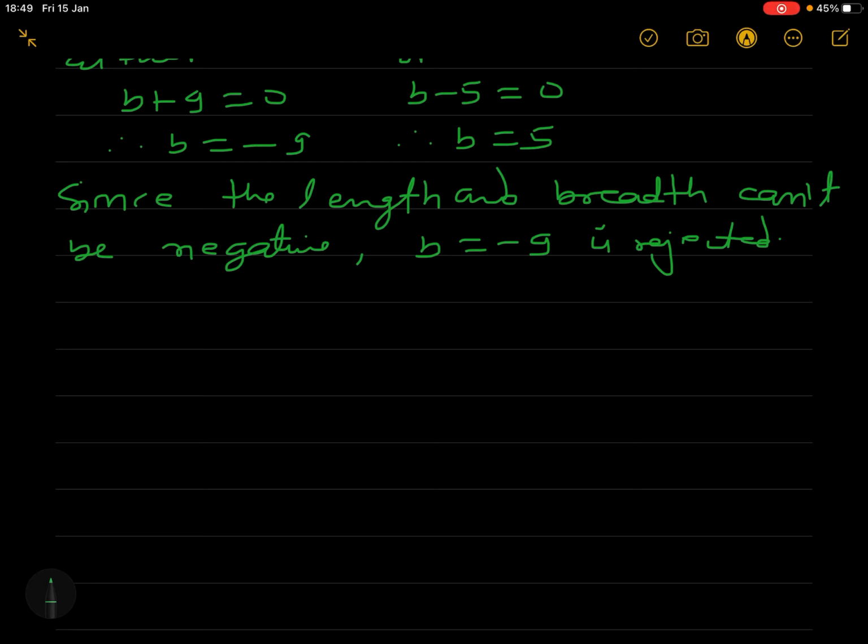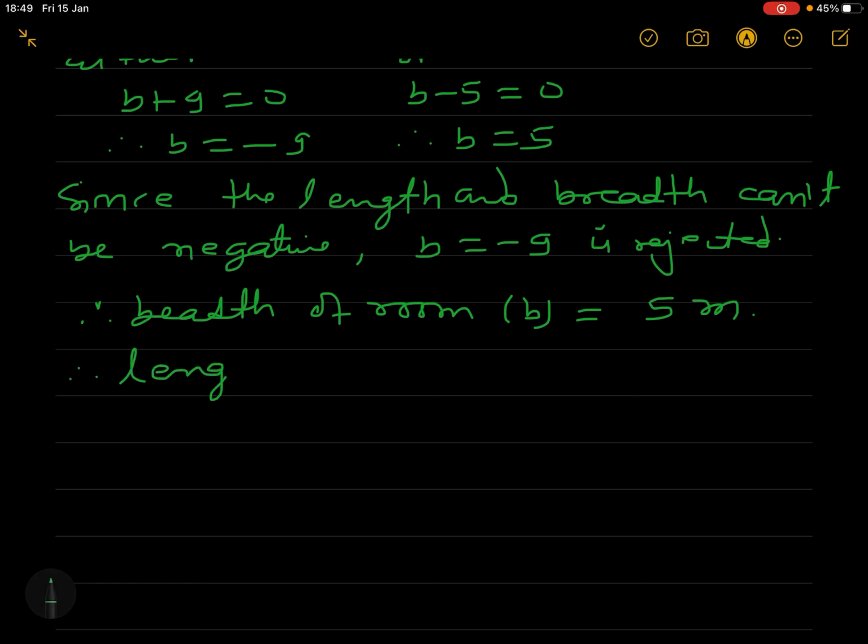We can reject this one. So therefore breadth of room B is equal to 5 meter. We can write like this way. And again therefore the length of room L is equal to